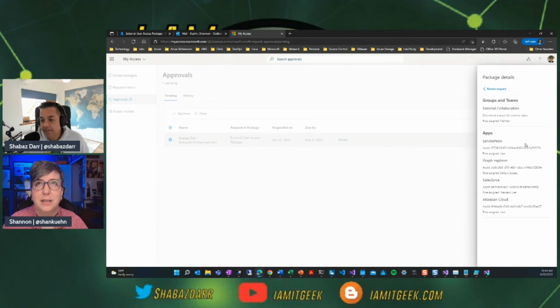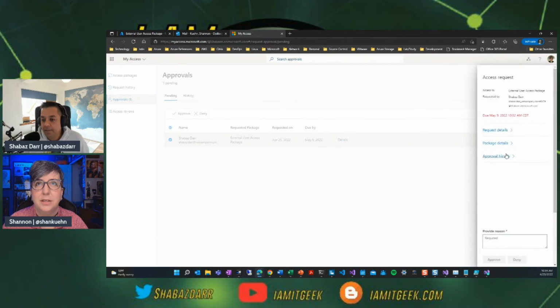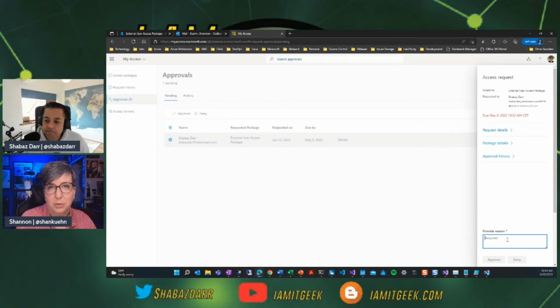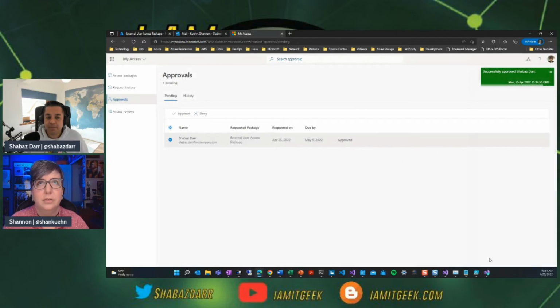Package details. This will have everything, right? So this is that SharePoint site plus these apps. Yeah. And then the approval history, which of course I haven't approved this before, so that won't show up. And shoot, all of the moving back and forth removed the reason. So hit approve. Okay, and then